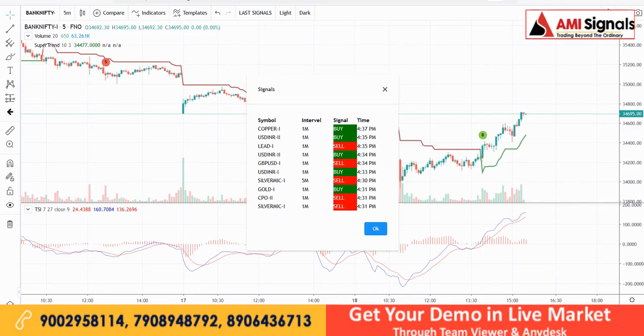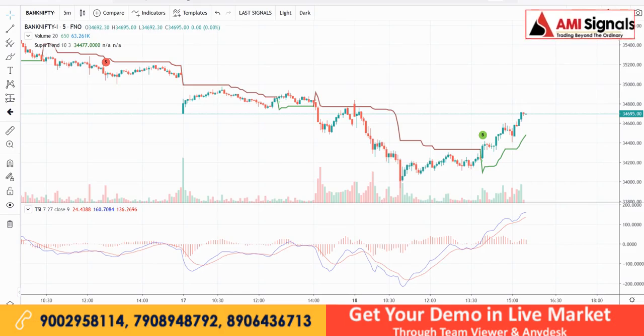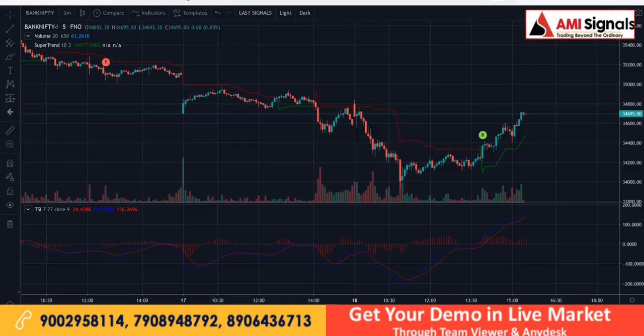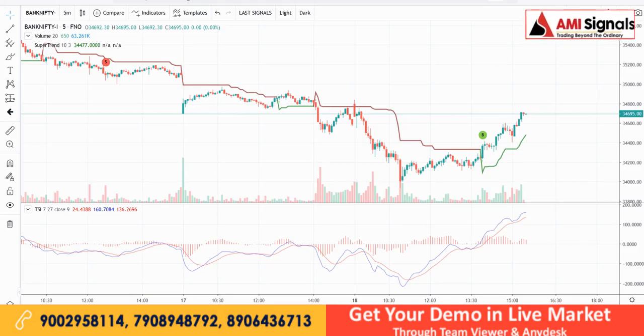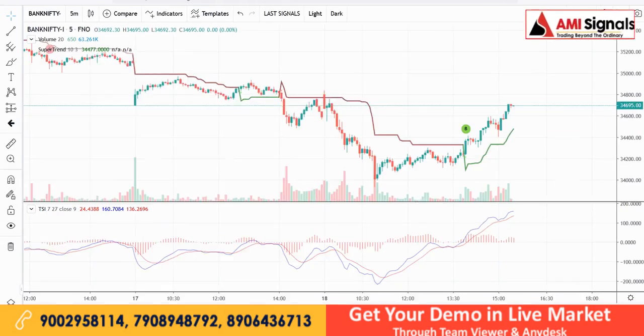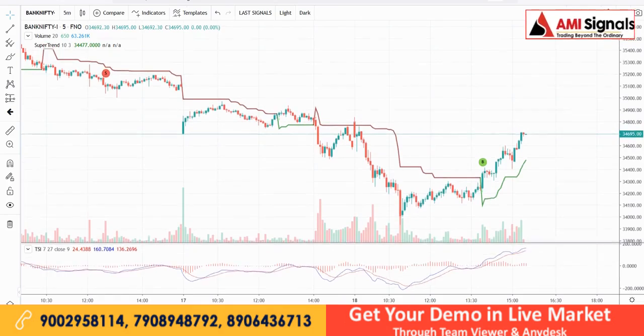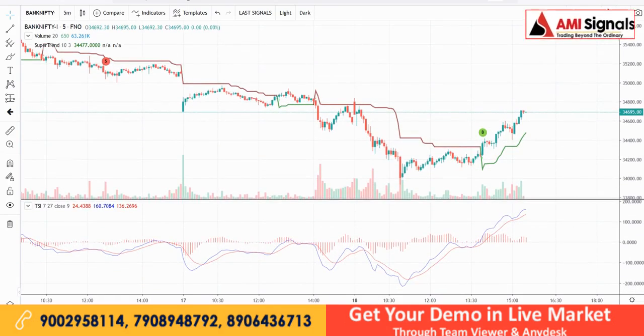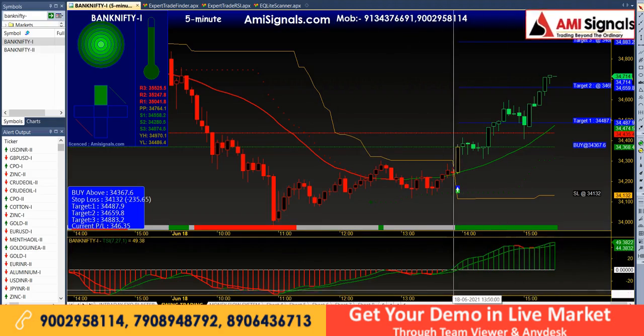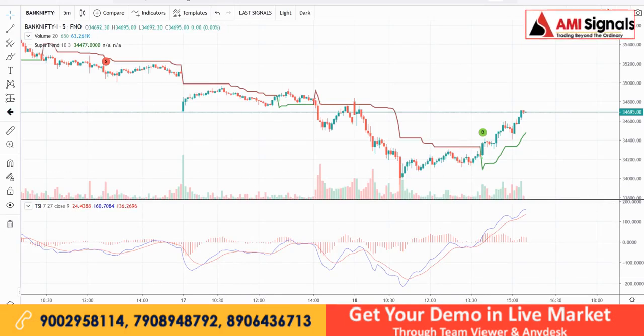Second thing is, you can change the mode over here. Right now it is in light mode. You can change the mode to dark mode also. You can zoom in and zoom out by Control plus minus like this. You can drag and drop the indicators like this. And the TSI indicator which we are following in the swing one, the same indicator you are going to get in this mobile app also. See, the TSI is running.